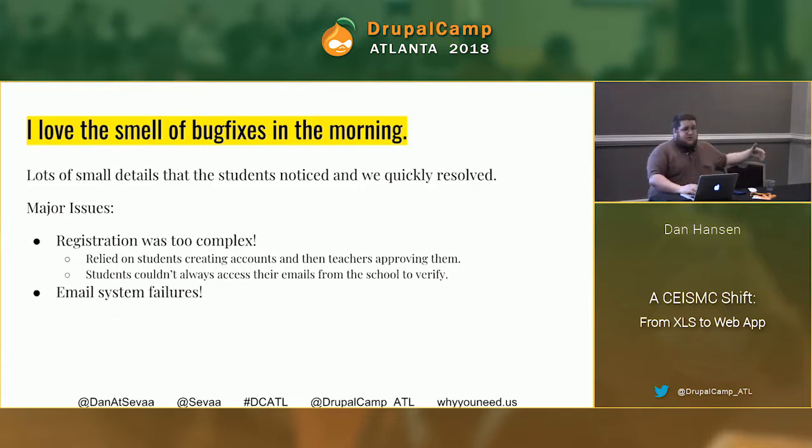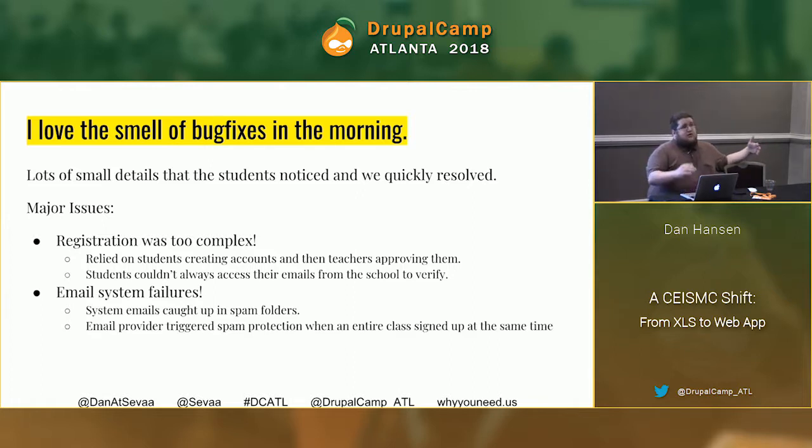On top of that, we also had email system failures. It started with our emails getting caught in spam folders. We implemented something to prevent that, which I'll talk about in just a second. But once we implemented that, the email provider actually had spam protection. So what happens is a